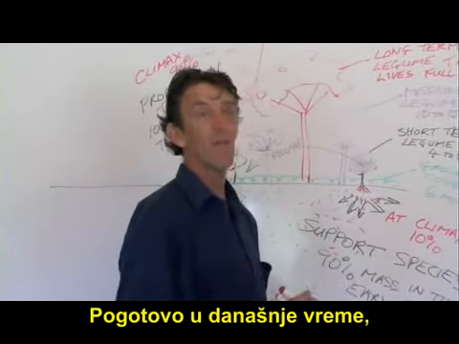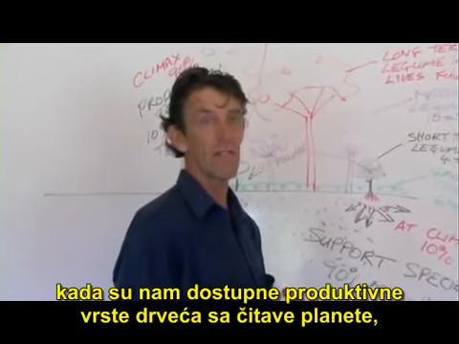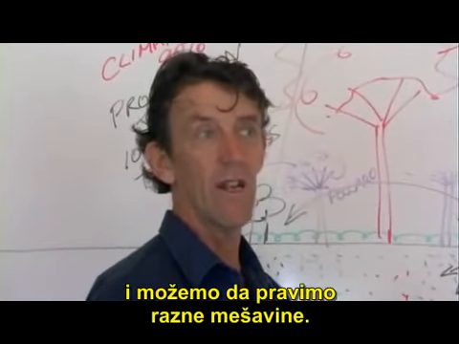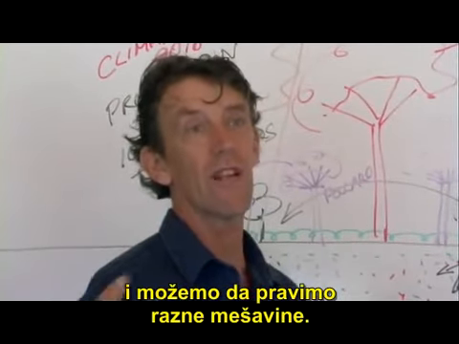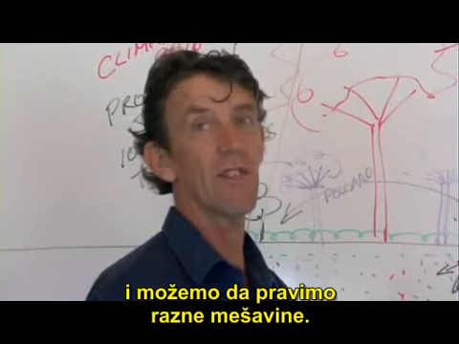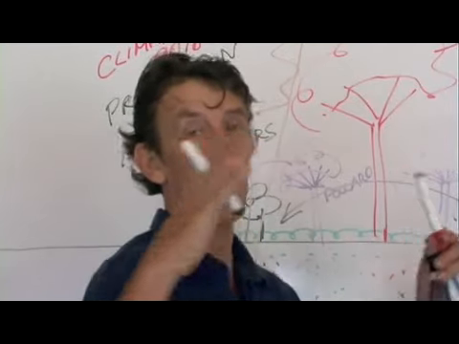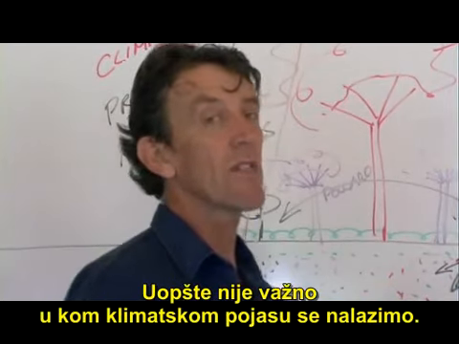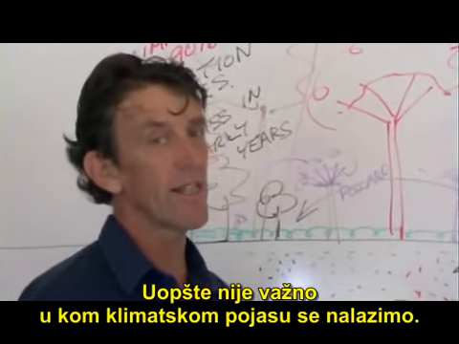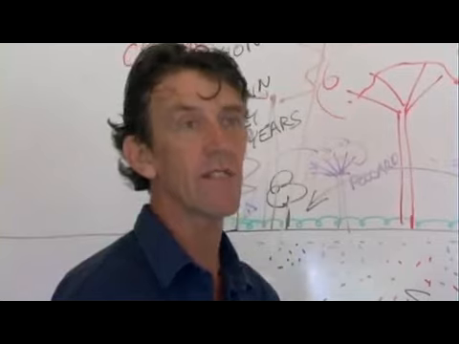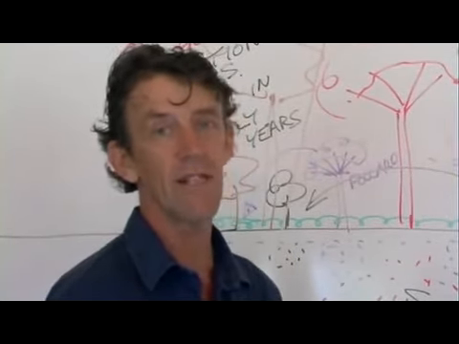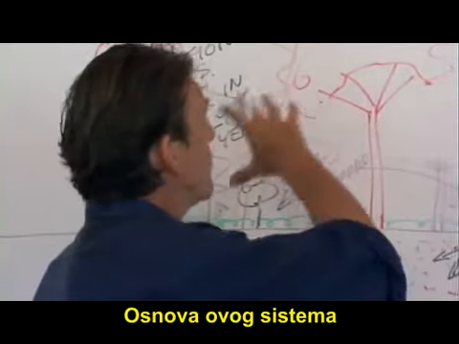And especially now where we have the world's species of productive trees and plants, more and more we have collections of mass diversity from completely around the globe that we can put into these mixes. It doesn't matter which climate it is. It doesn't matter whether it's desert, doesn't matter it's tropics, doesn't matter whether it's temperate or subtropics or island landscapes near the ocean. This basic system,